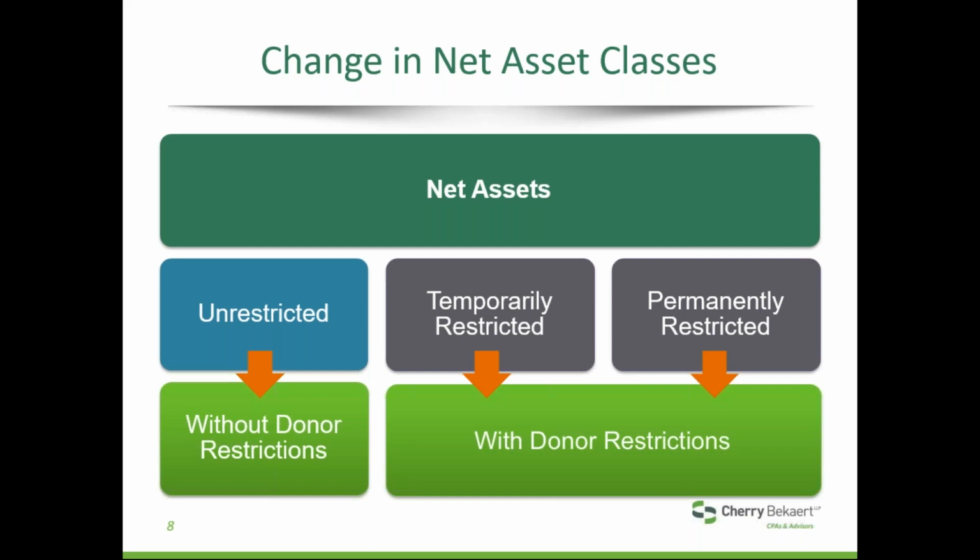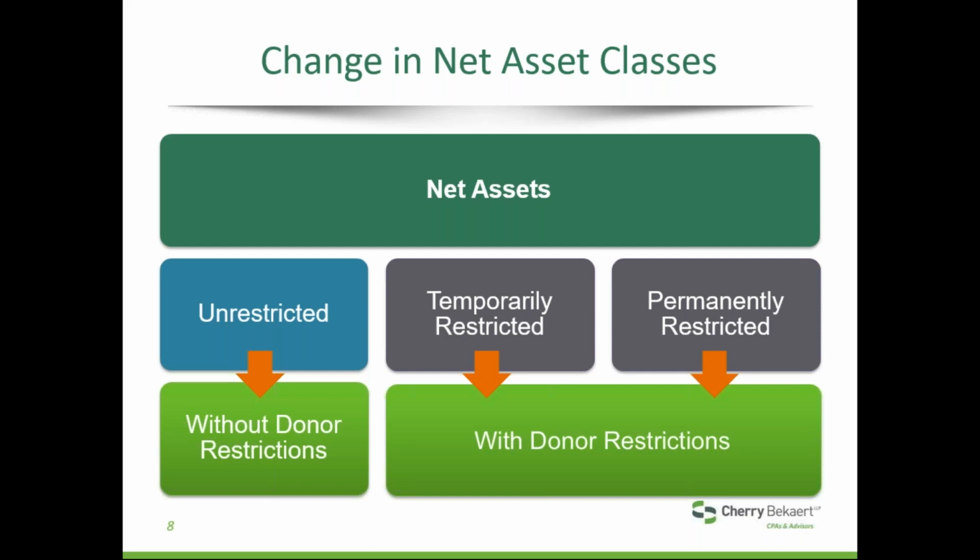And I think finally, there were some general thoughts that maybe the face of the statements of financial position and the face of the statement of activities was not necessarily the best place to put detailed information about the nature and types of donor-imposed restrictions, and that would probably be better served in the footnotes to the financial statements. While you can see that unrestricted is now going to be called without donor restrictions, there was no change